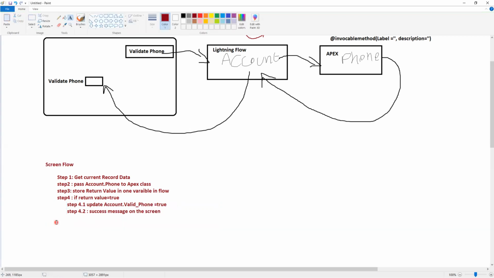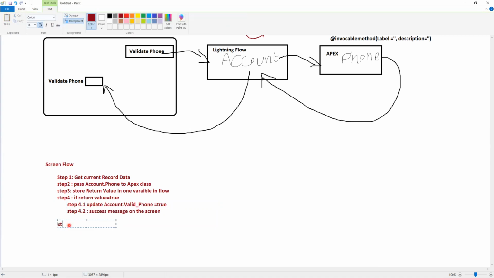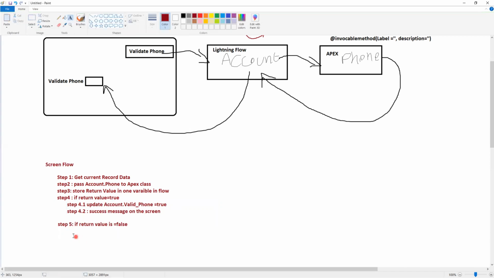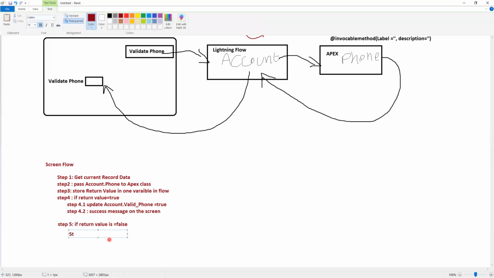This is when I have a value is true. For example, step 5, if return value is false. If the return value is false, then we are going to step 5.1, update account.validPhone equal to false. I need to update the valid phone to false, and then step